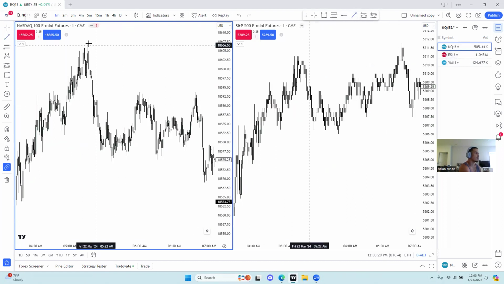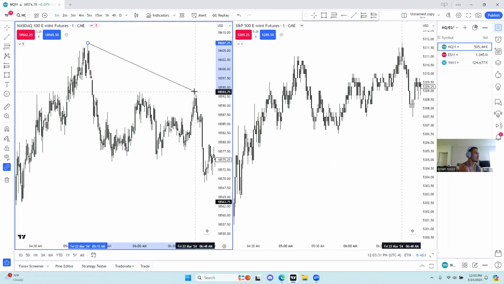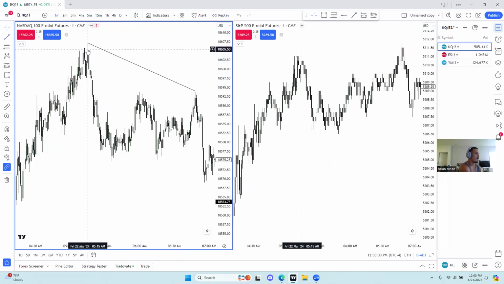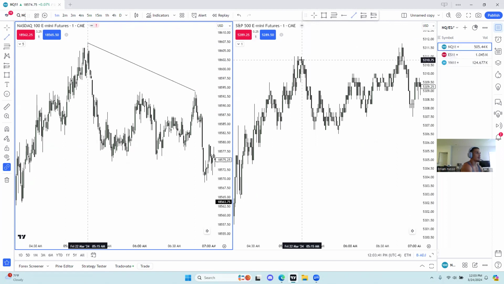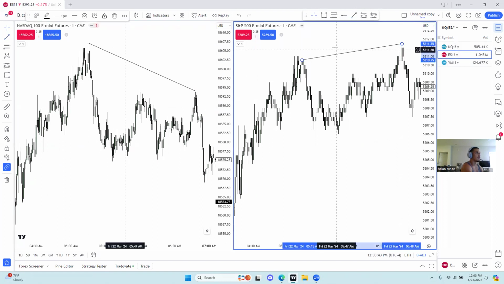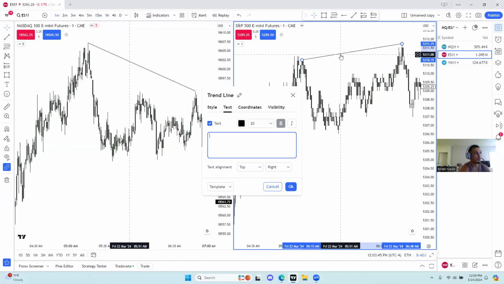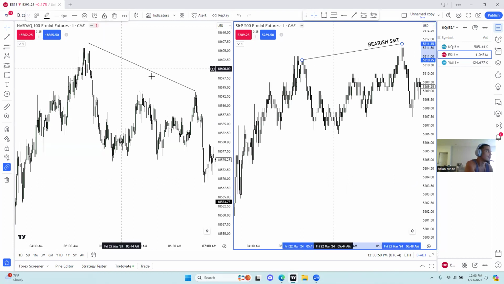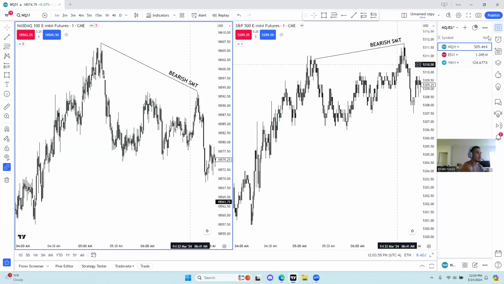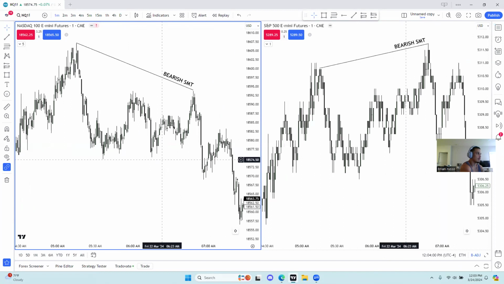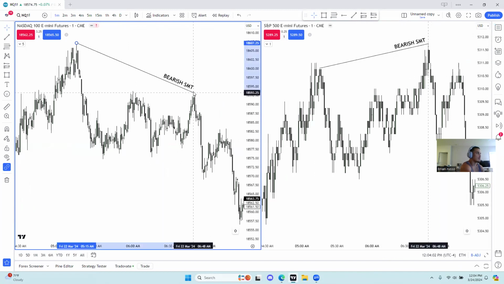So as you can see here, this high at 515 did not get taken on NASDAQ, but on ES it did. So that means we have a bearish SMT. And this does not mean to just take a sell, but what this does mean is